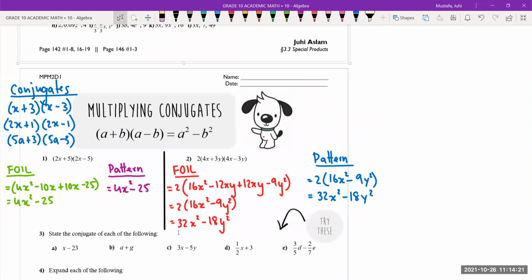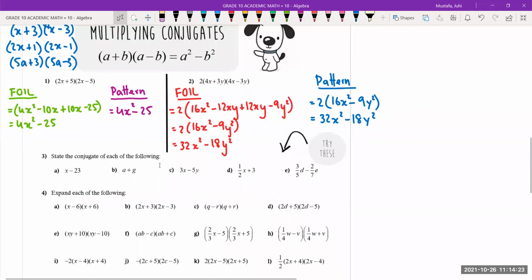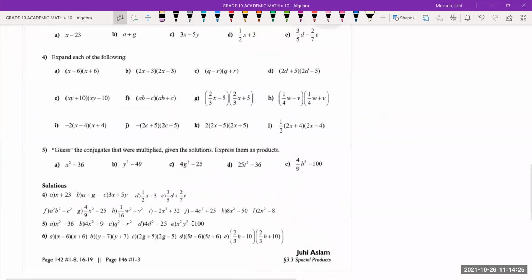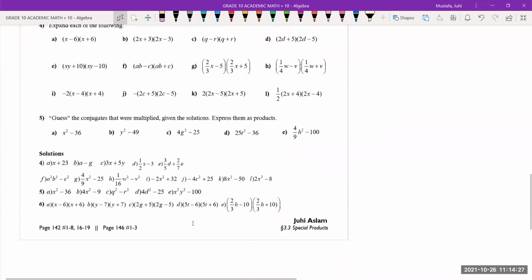So your homework for this is going to be the rest of the sheet, questions 3, 4, and 5. The answers are at the bottom. And then there are also textbook questions for you to try for homework. So I'll just stop this here and I'll go over all of your homework and then we can talk